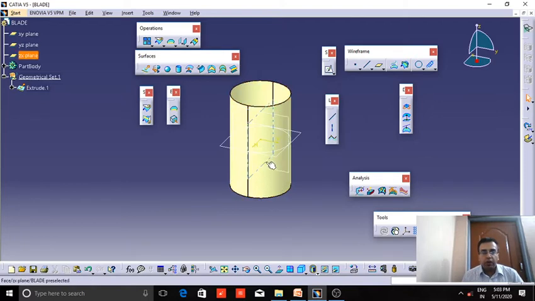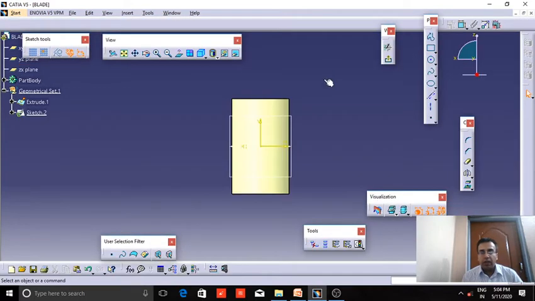Now to develop the profile of the blade, first we have to develop a helix curve, and then by taking the reference of that helix curve, we will develop the complete profile. So to create a helix curve, first of all we need a point. Now I will draw a point which should lie properly on this edge, and in order to do so, I will create some snapping lines.